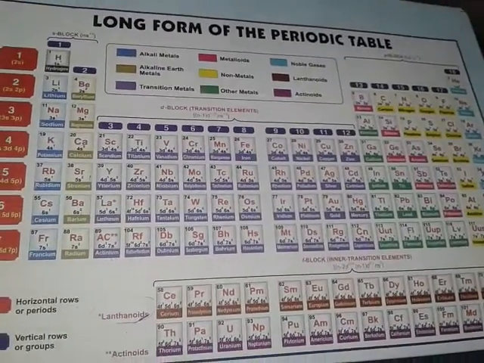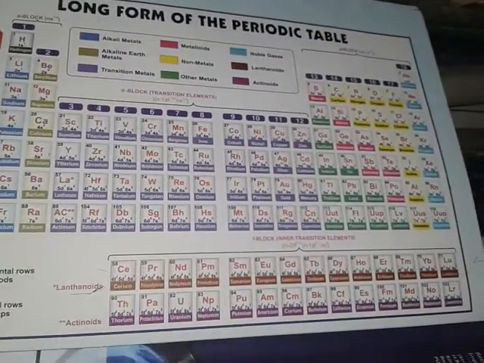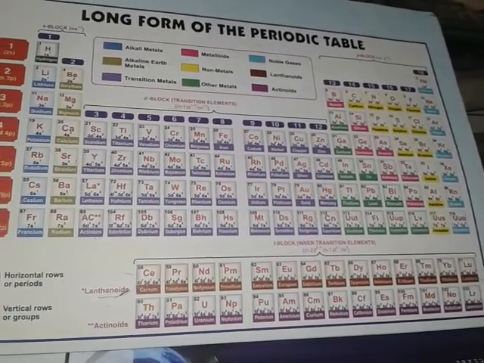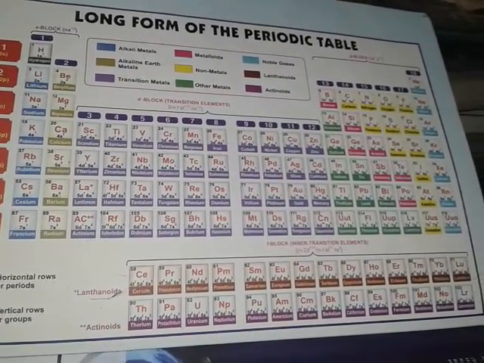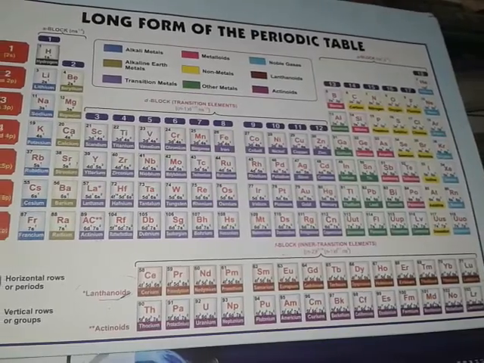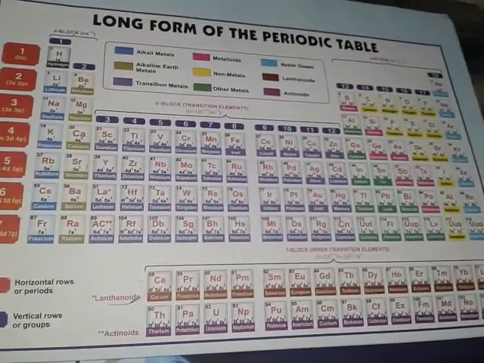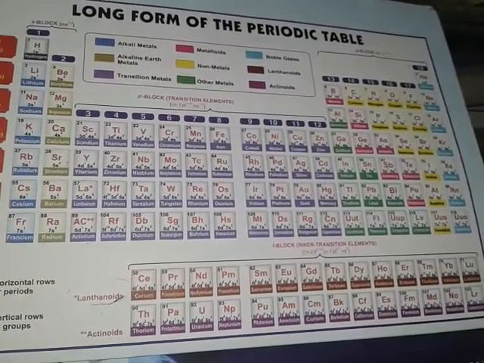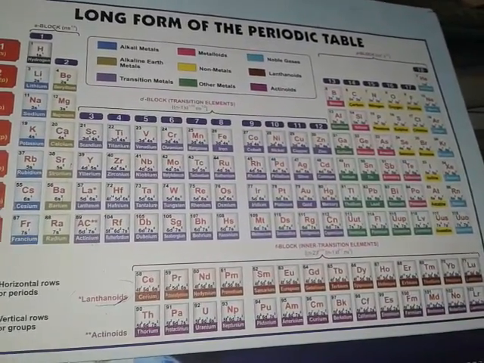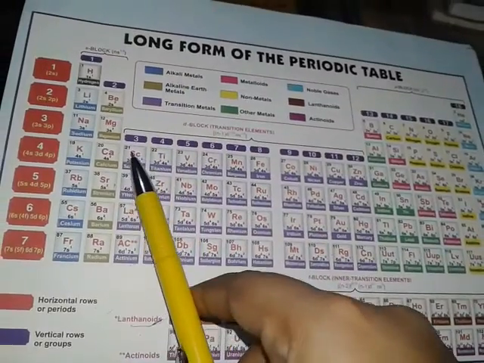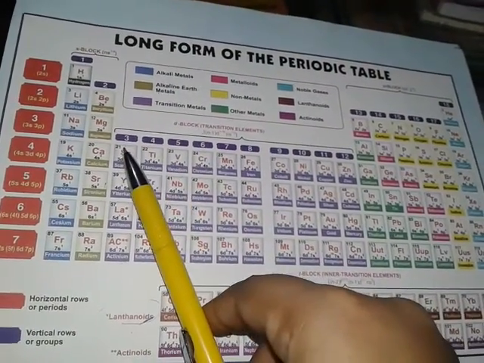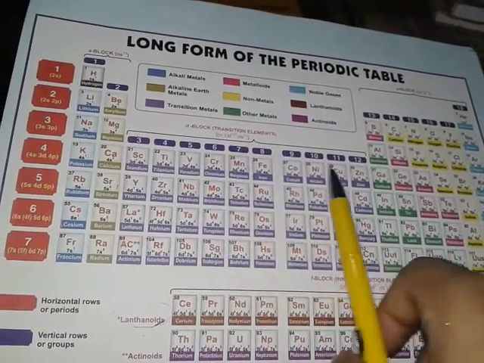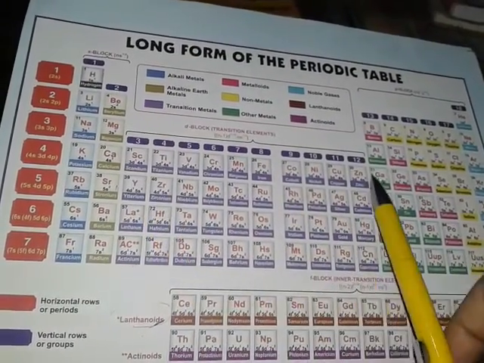Now the very important part of this is that we must know each and everything about D and F block elements. So before beginning, we will start with D block elements. The very first row, or the first transition series of the D block, is the scandium series. The first series contains 10 elements, starting from scandium to zinc.